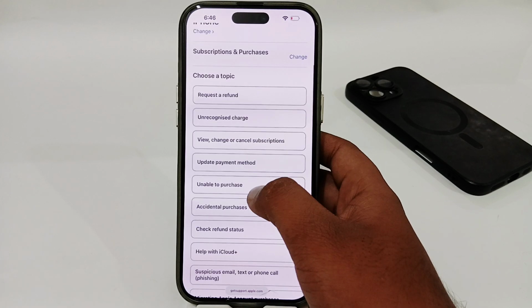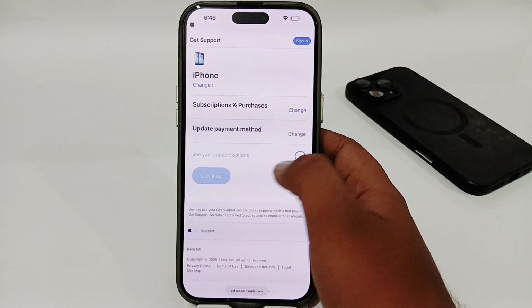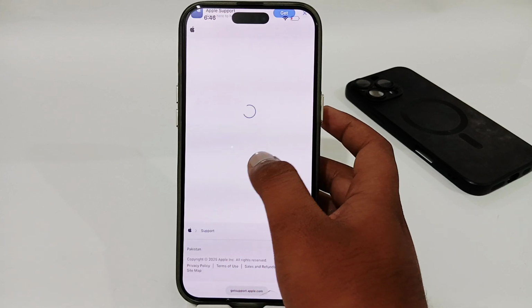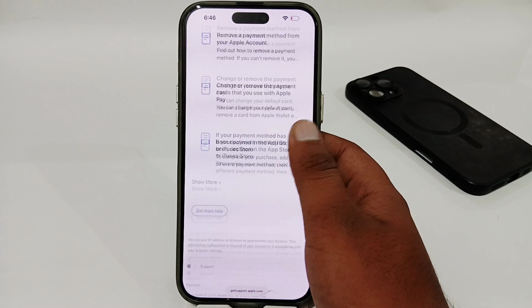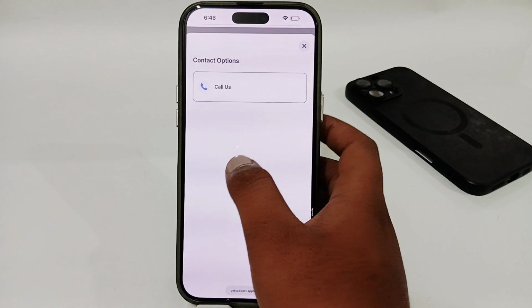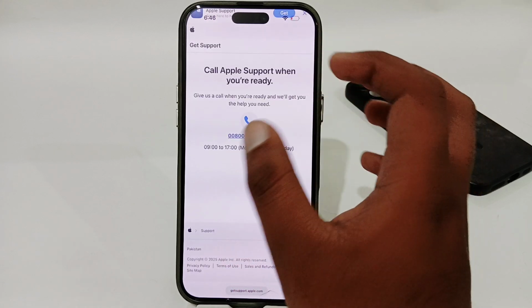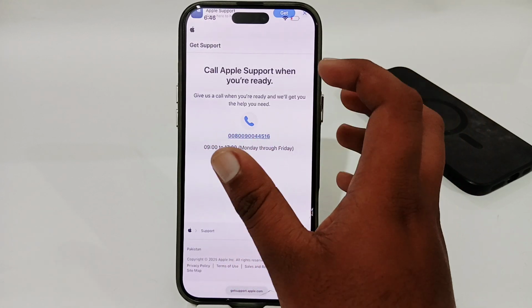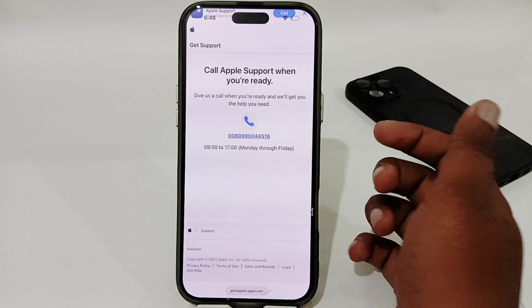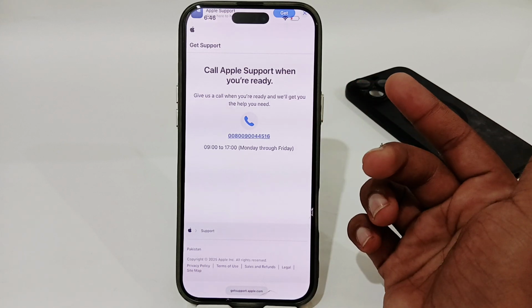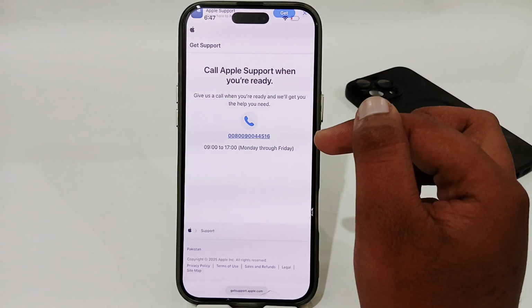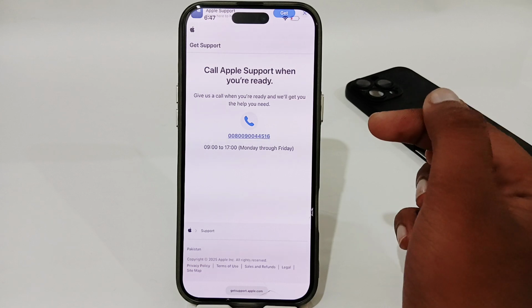and here select Update Payment Method, then select Continue, and here you just have to select Get More Help, then select Call Us, and here you'll get the official contact number for your Apple Support team. Now whenever you want to call, you just have to dial this number, and you can get official help from